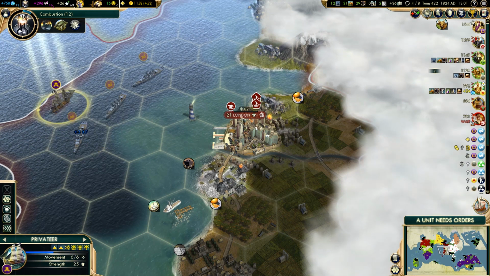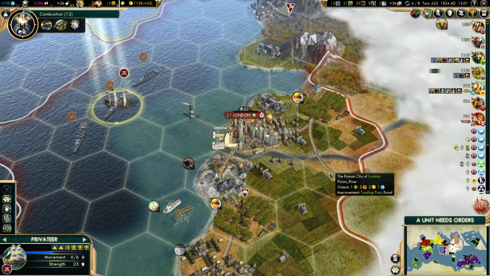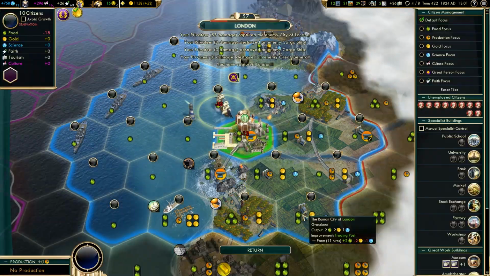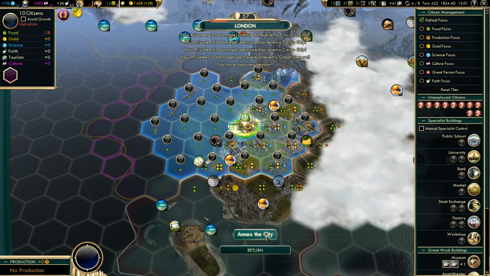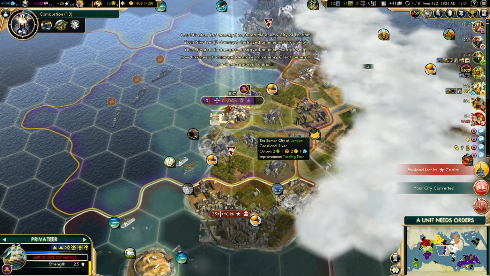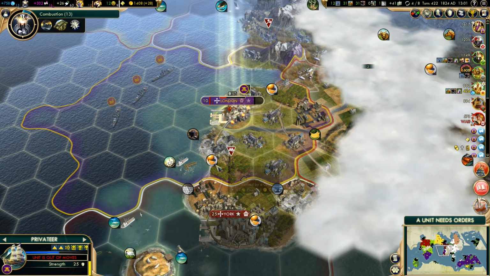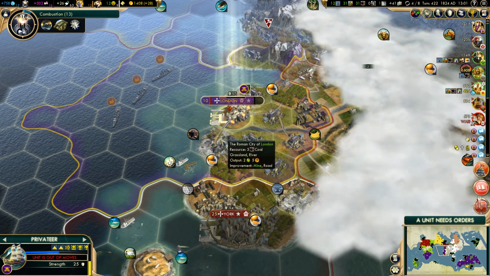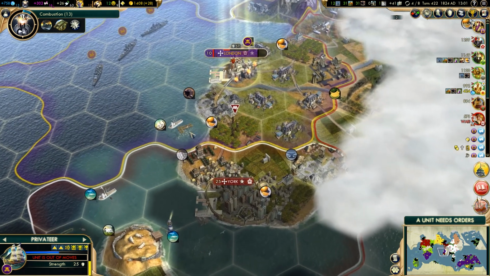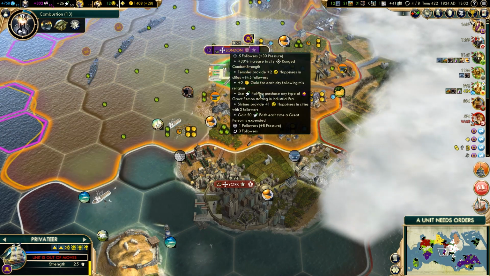It's not quite down to 0 health. We could take it though. There we go, London is ours. The only problem we've got now is we don't want London sending any more units over here and actually trying to take it back from us. So we've got citrus and we've got pearls, so 2 unique luxury resources does pretty much offset the